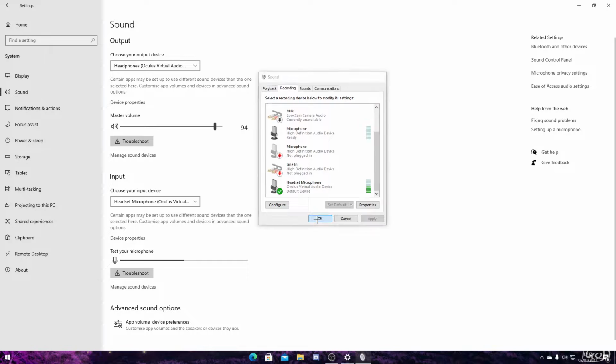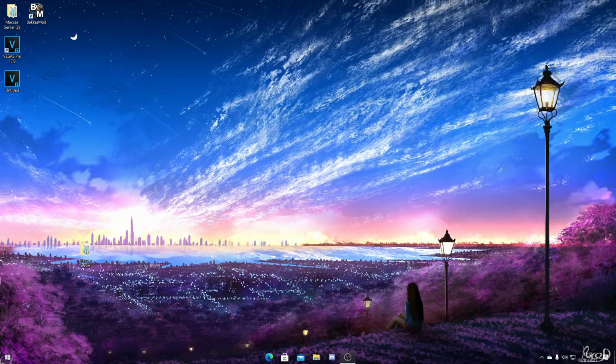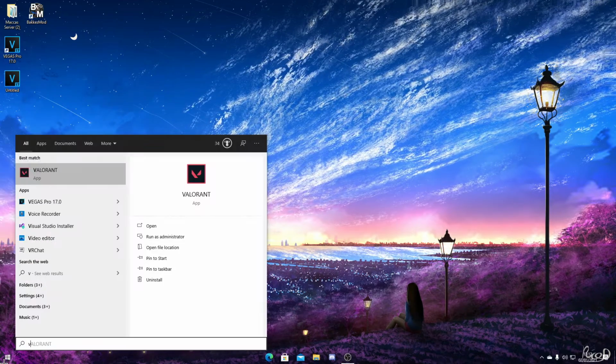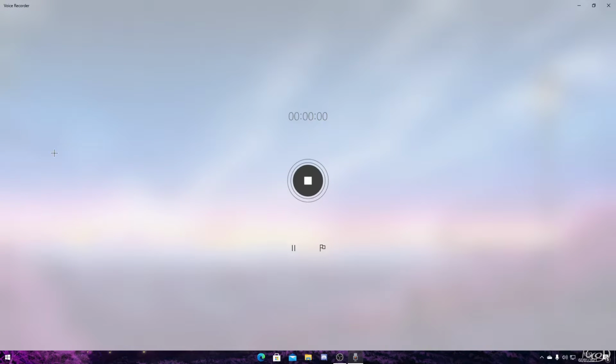My mic should still be working on OBS now, but anyway, now you've done that, that is a big step in helping. So you want to go on the voice recorder. Once you're on the voice recorder, you can go to this icon. So right now, as you can see, there's no lines popping off it. However, if I put the headset on